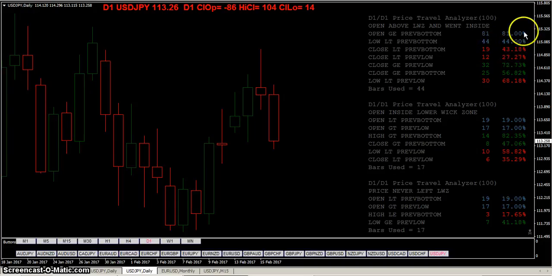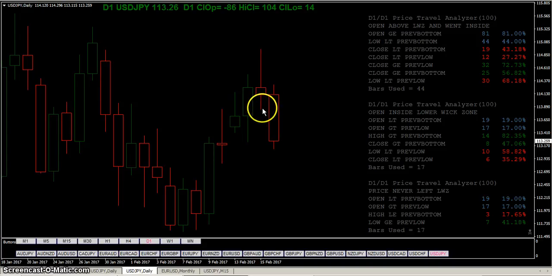Now you notice these numbers in blue. This is the filter. So from here on down, we're using 44 bars to compare everything. So was the close less than the previous bottom? 43% of the time, 19 over 44. Close less than the previous low, 12 or 27% of the time. So you can see here,